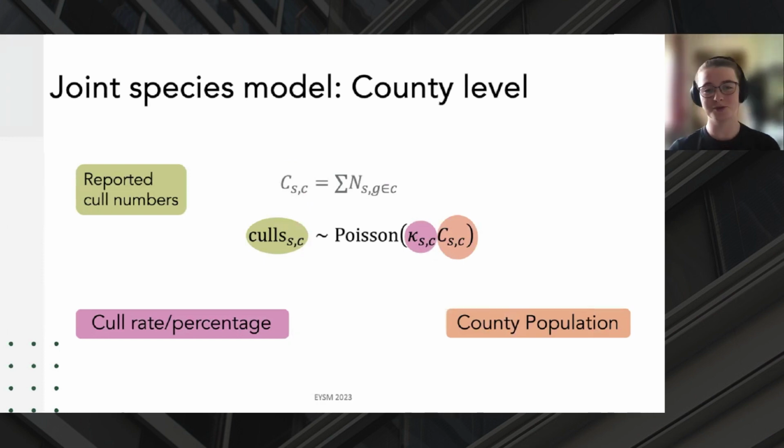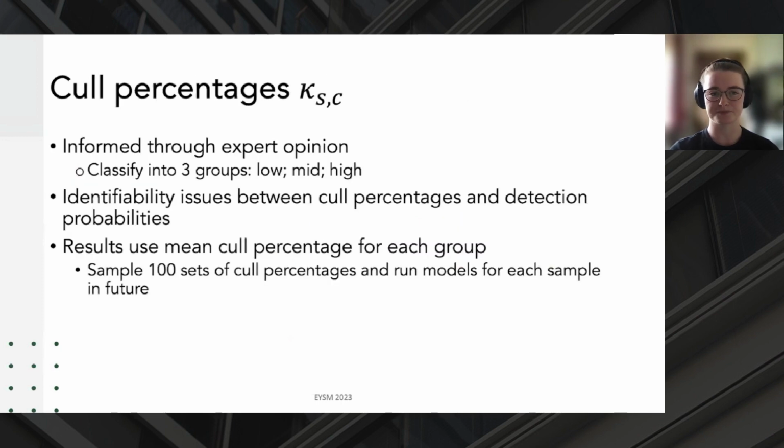Why they occurred, I'm not sure. We didn't investigate that, but this is what's worked best. So with these cull percentages, because we don't know the population, well, these are also unknown. So we have to estimate these. With our collaborator, Dr. Ruth Carden up in UCD, these were informed when we looked back at trends in, let's say, the hunting effort over time, and we've classified them alongside Ruth into 3 groups. So we have a low, a mid, and a high. I won't get into how we classify them, just that there's 3 groups, and each group then has its own